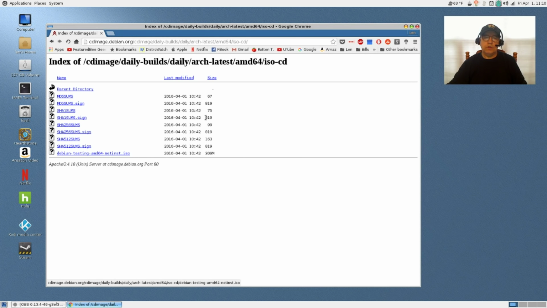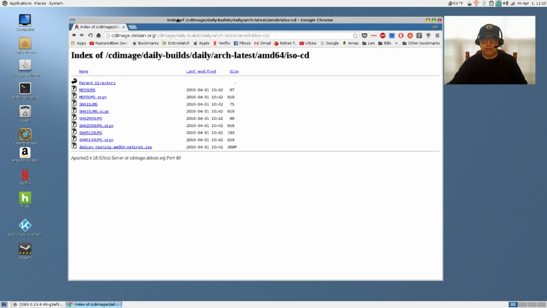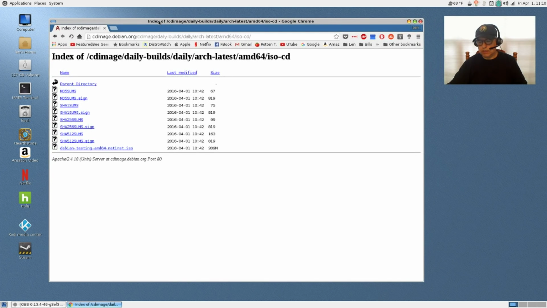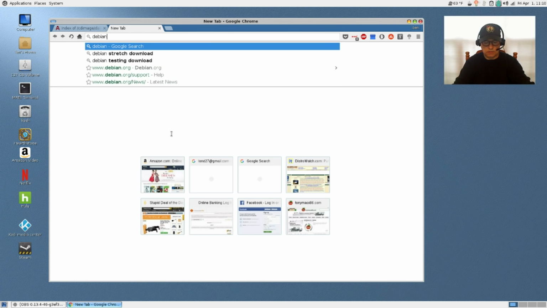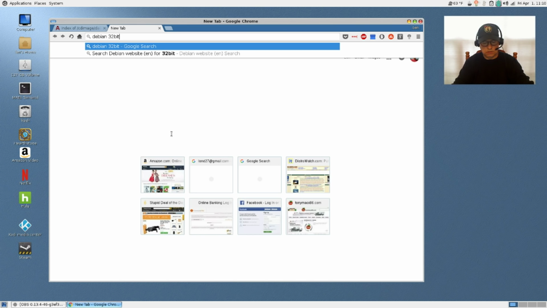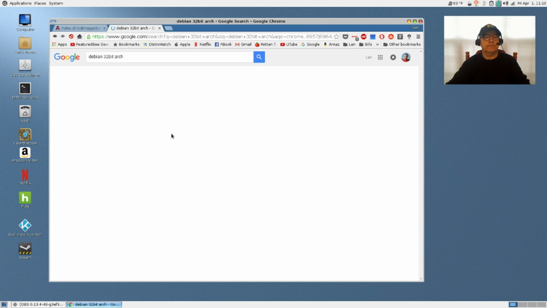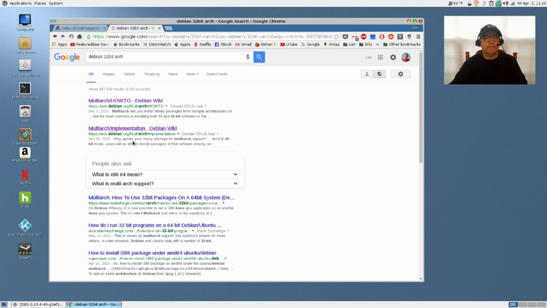And so now once you boot up, what I would recommend, if you're gonna do any gaming, you want to enable 32-bit architecture. And so if we Google that, Debian 32-bit architecture, then you're going to see multi-arch implementation.